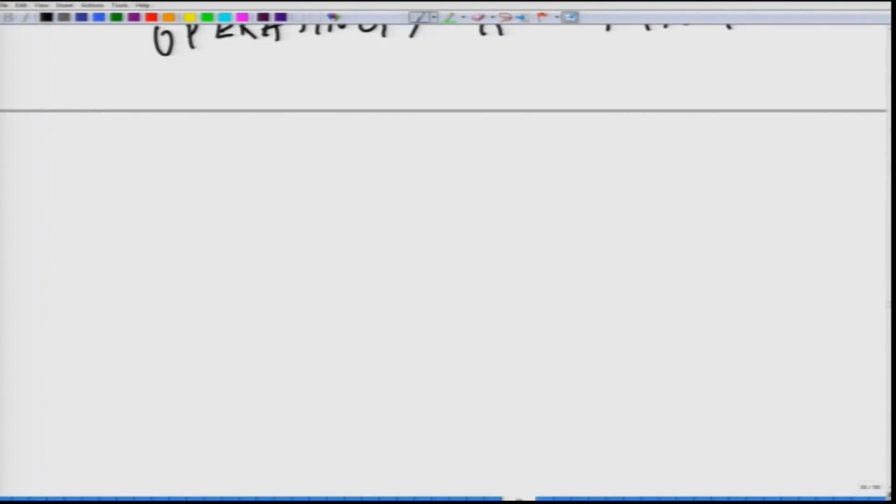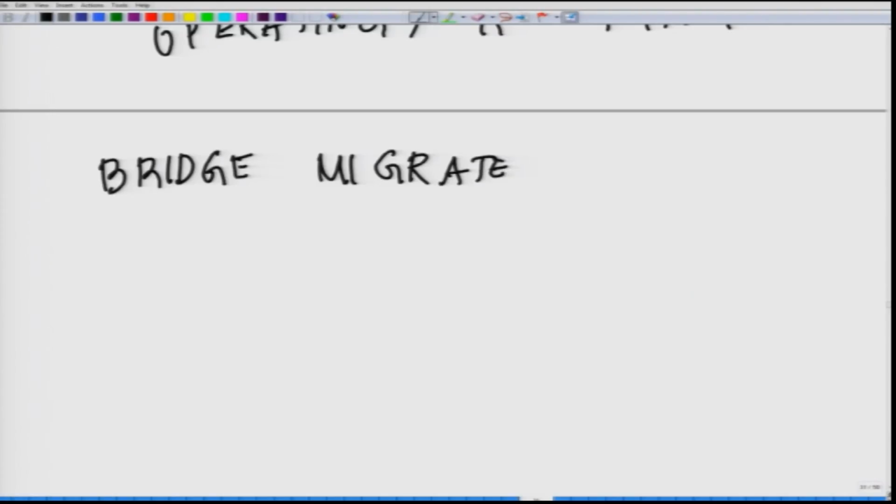Potassium from the bridge migrates to the cathode chamber compartment,